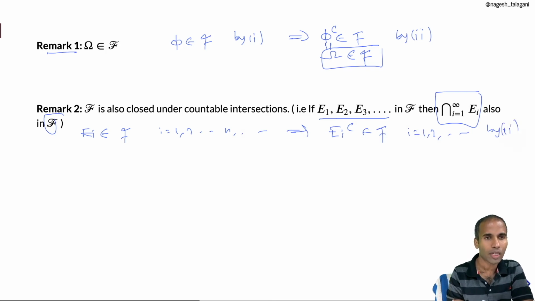If something is there, its complement also must be there,